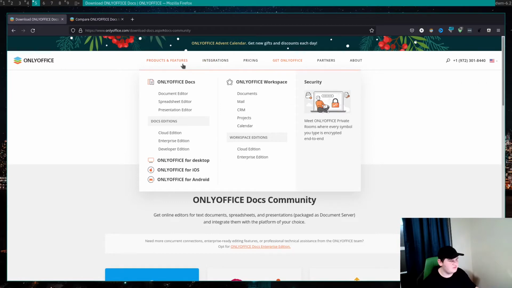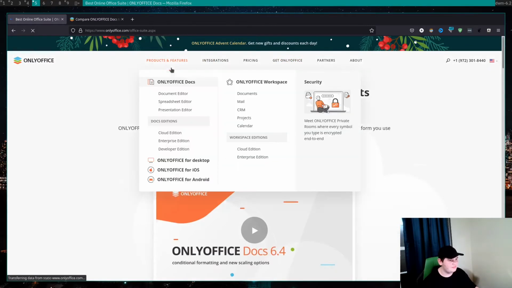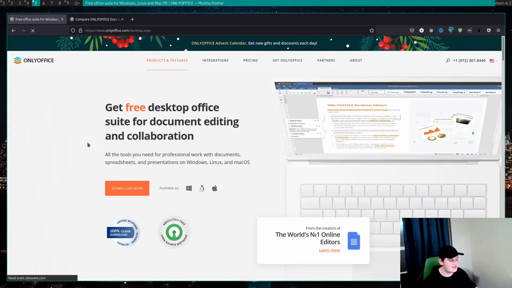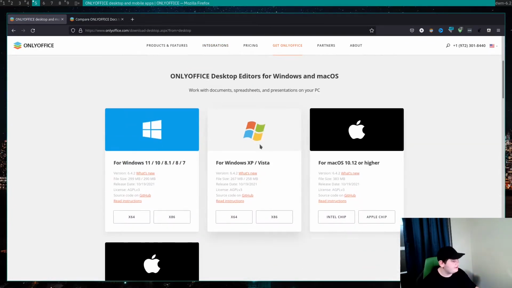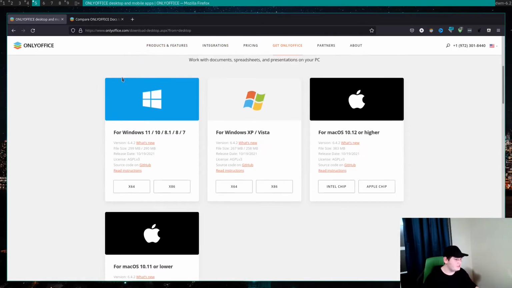So right here, you don't want to go under there, I guess. You want to go into OnlyOffice for desktop. Yeah, OnlyOffice for desktop. So you want to go to download now. And one of the first things you see off the bat is when it comes to operating systems like Mac and Windows,